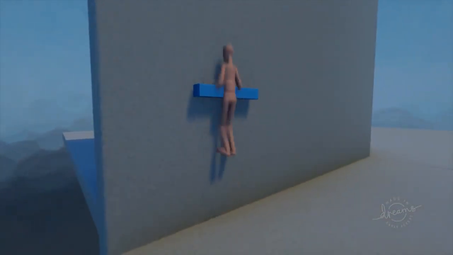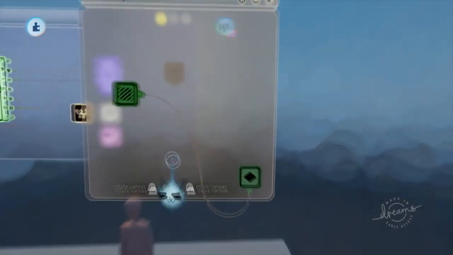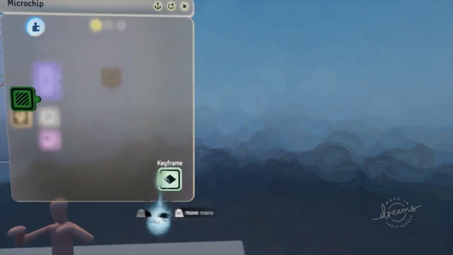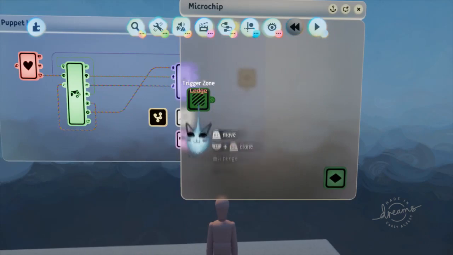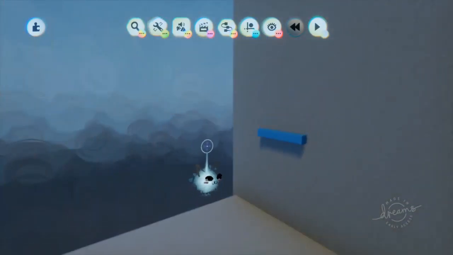Now you can see he gets the animation, but nothing happens. That's because we don't have any real logic hooked up. So let's go ahead and get started. I'm going to delete that wire for now, and I'm going to turn off the keyframe. And what we want is, when we detect a ledge, we want to make sure that we grab on,